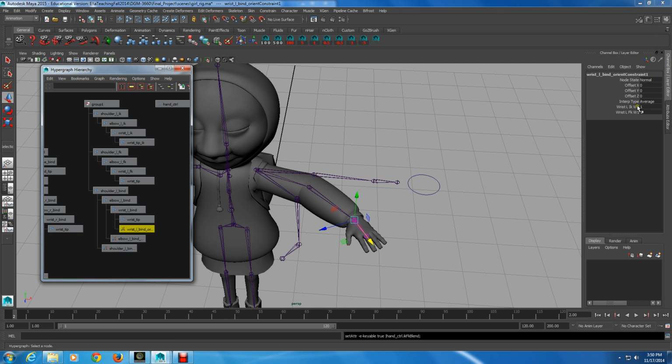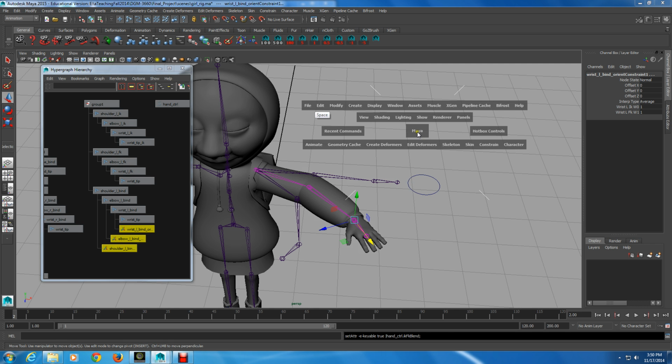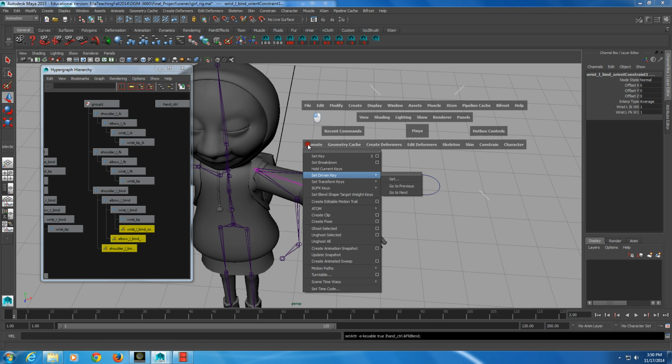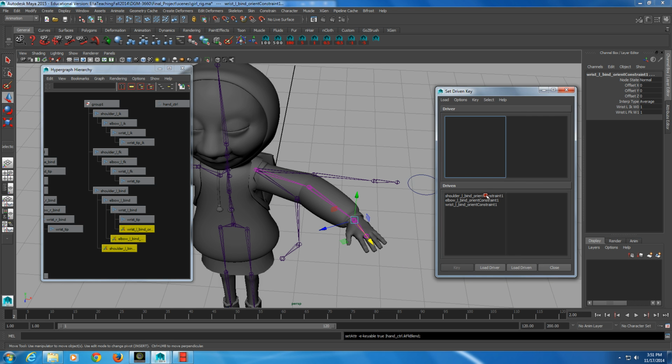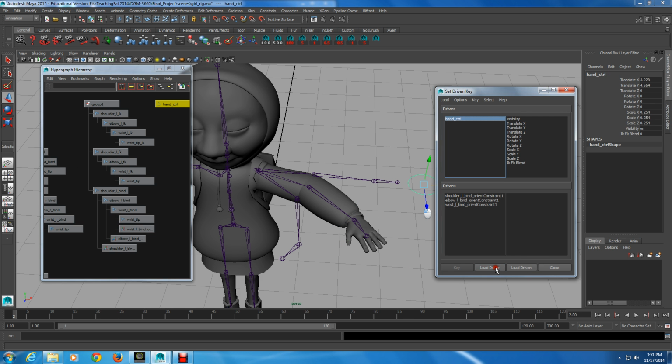These attributes that get added to an orient constraint, they'll be listed in the same order with IK on top, FK on the bottom. So I need to select all three of these constraints. I'm going to go to Animate, Set Driven Keys, Set, loads up all the constraints. Grab my controller, load driver,